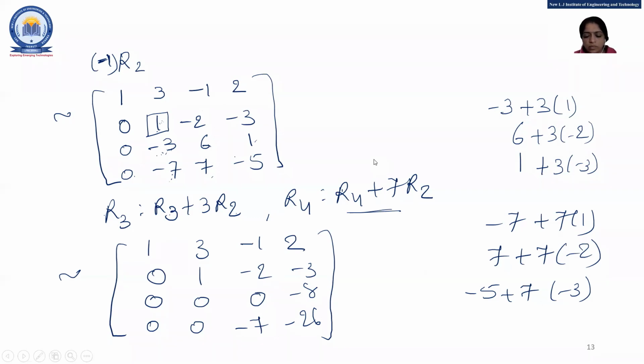Okay, students. So in this case, our second element is the leading element and all below elements are 0. Okay. Now we'll move to the next. In the third row, this element should be the leading element, but it is 0. So we interchange our third and fourth rows, right? So by interchanging the third and fourth rows, our next